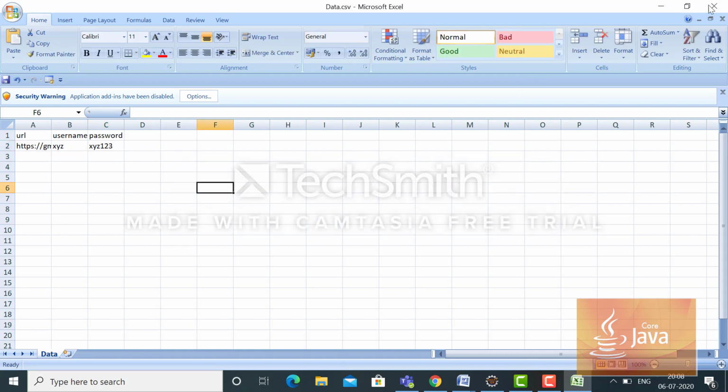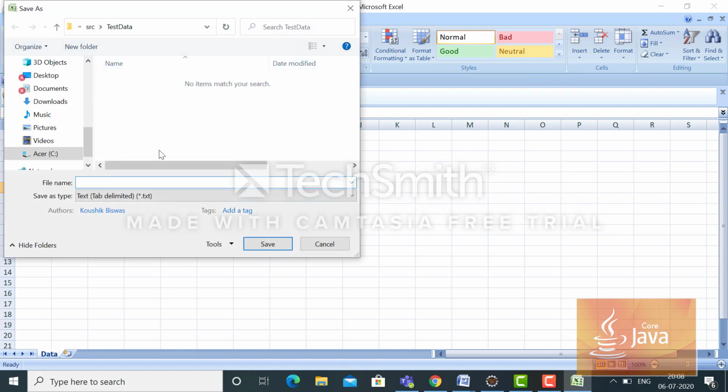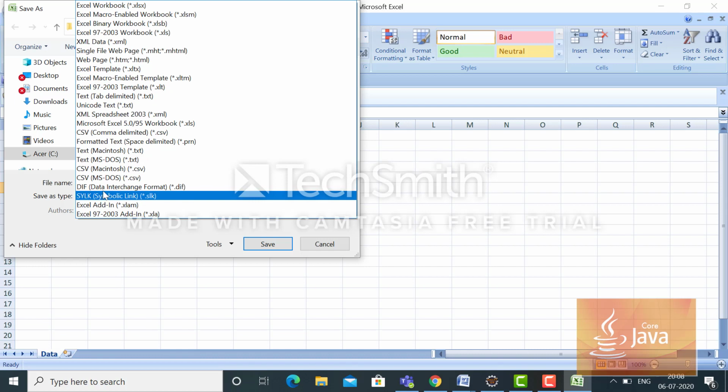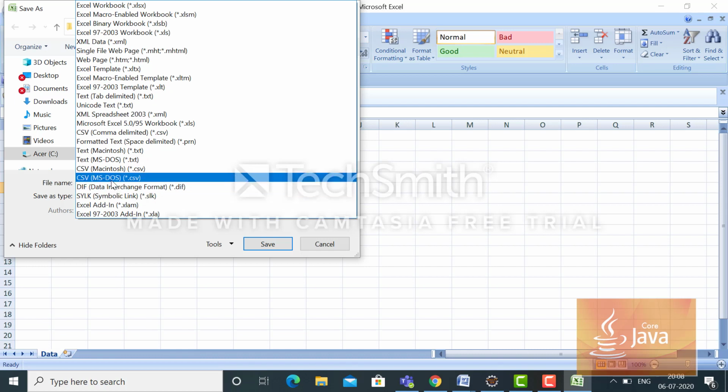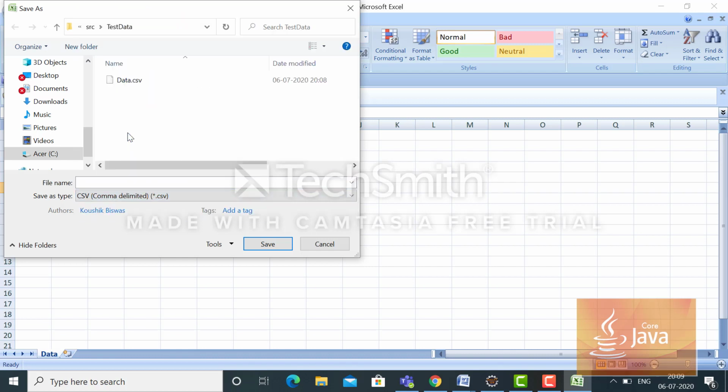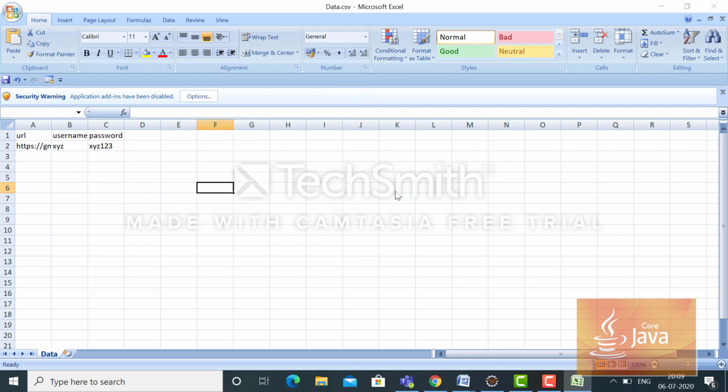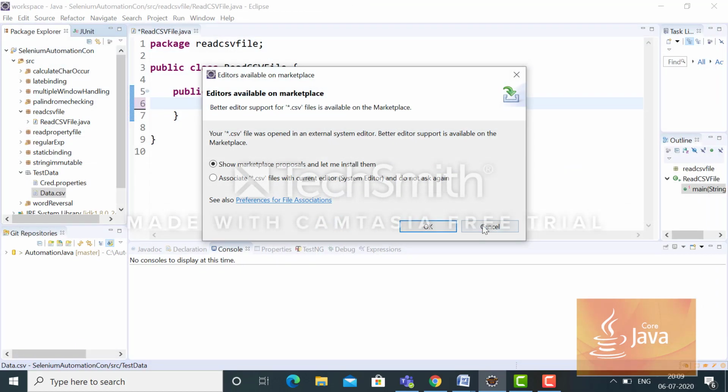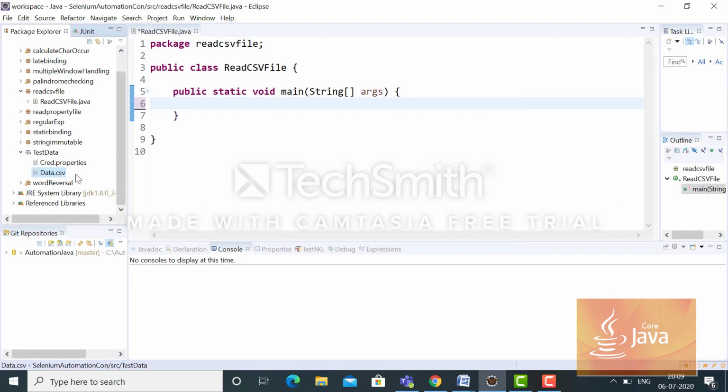Saving it. Here I will choose CSV, comma delimited CSV. So here the CSV file has already been created, right?